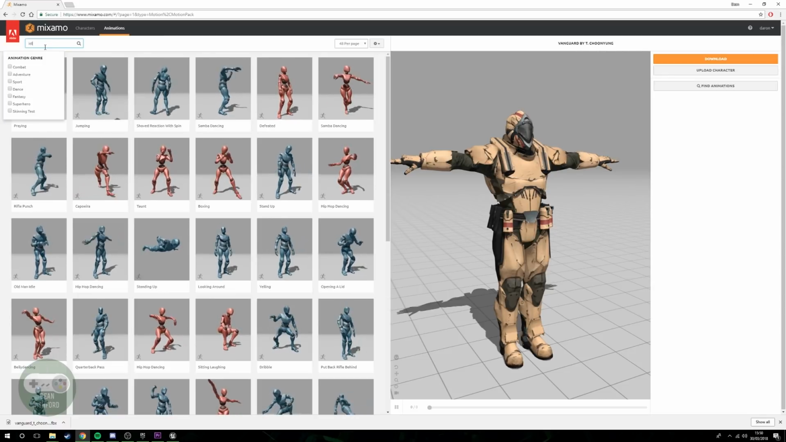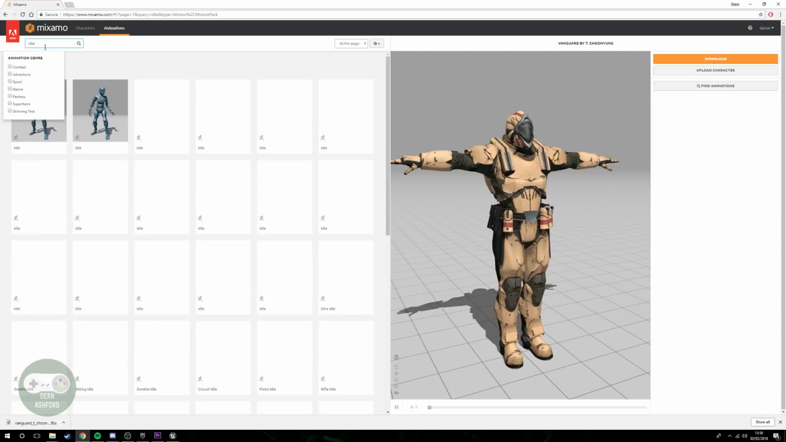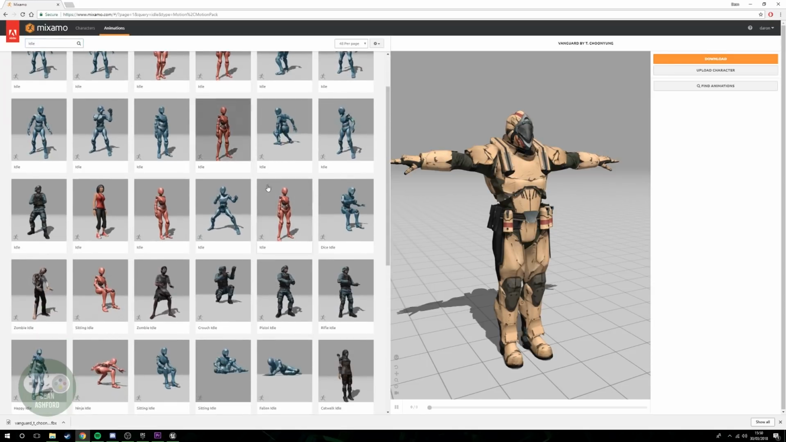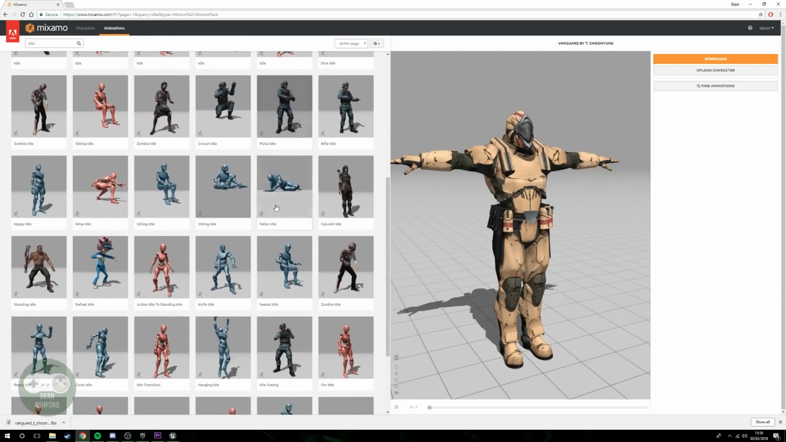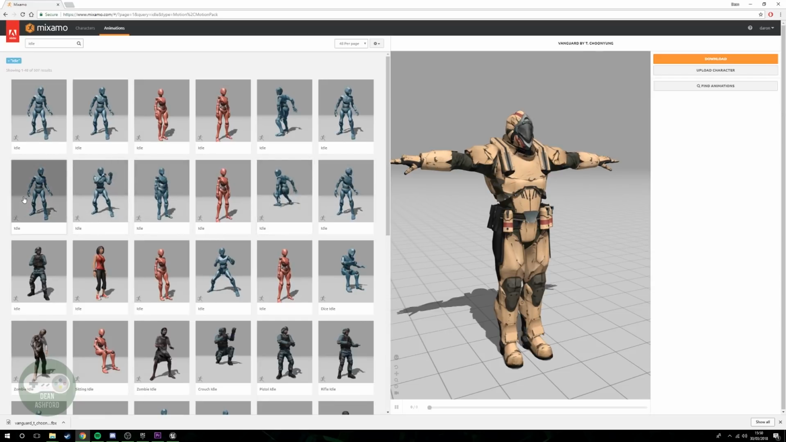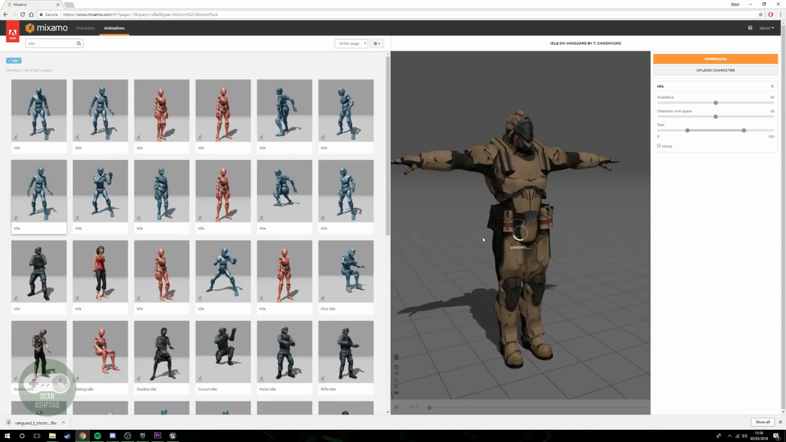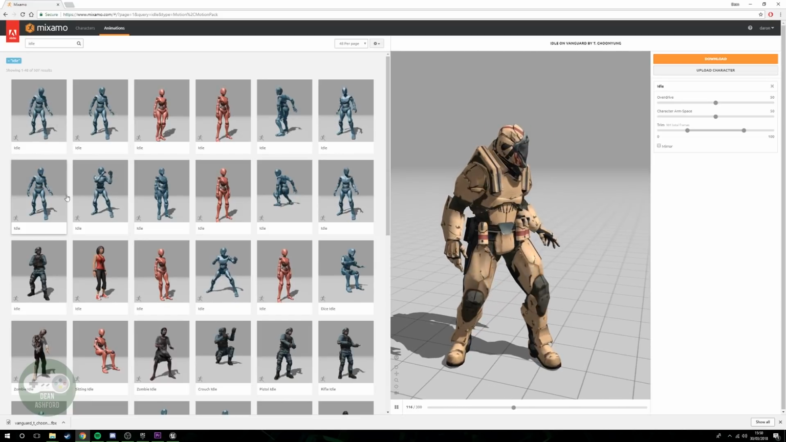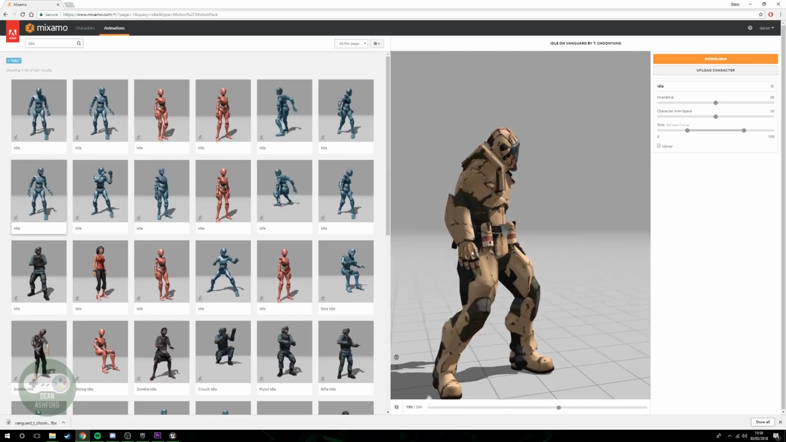So one of the things that a character's going to need is an idle, right? He's going to need something to do while standing still. So, which of these should we use? I always like this one. Ready for action, right? So what you do is you click the animation that you want, and it will automatically